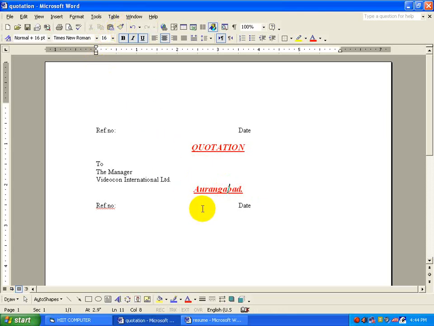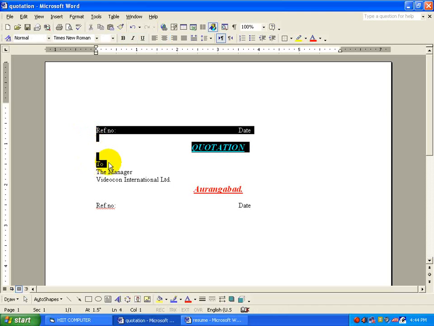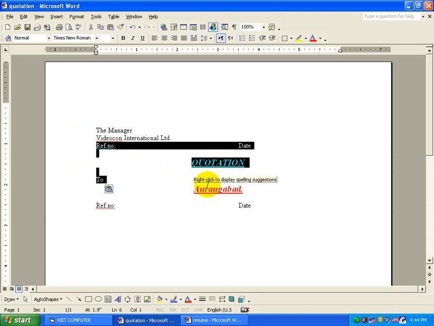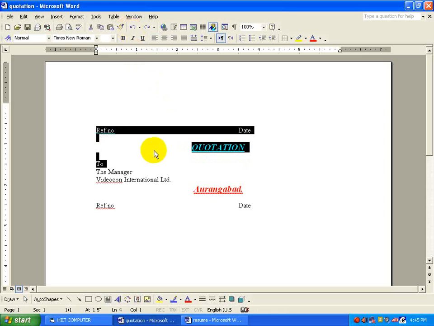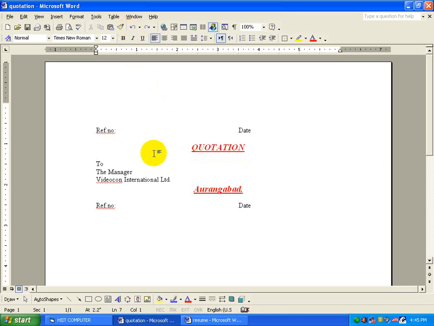Now, suppose by mistake while selecting, some words or lines have been changed within your document. So to keep the text as it is in the previous style, you just press the undo button. To call the last action again, we will always use the undo button. Click here. See, the text will be in the previous format.